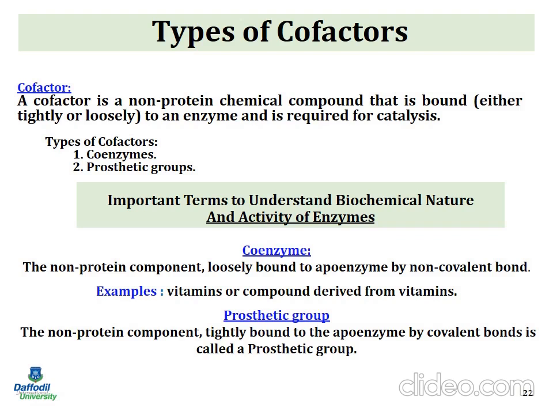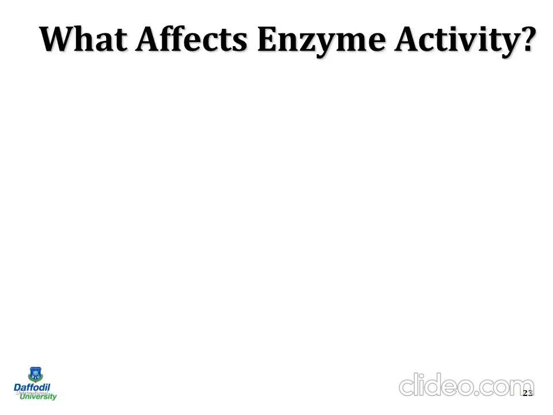So therefore we have cofactor, coenzyme, and apoenzyme. The cofactor is of two different types: one is prosthetic group, another one is coenzyme. Coenzyme is a non-protein organic part which is loosely bound, and prosthetic group is the tightly bound non-protein part which governs the basic characteristics of the protein. Now we have all the groups and we have the coenzyme. Now every protein is ready.